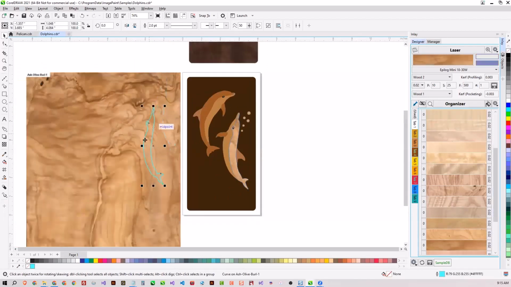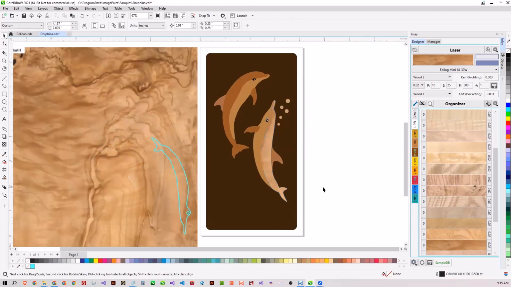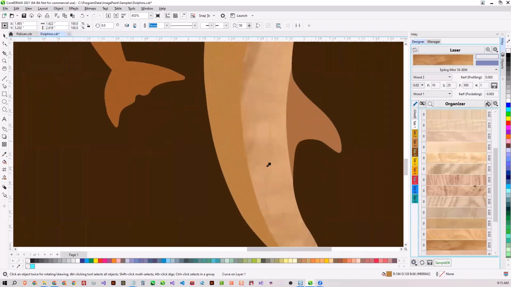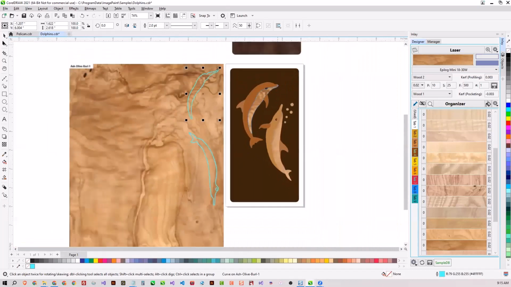Okay, so it's very simple. You either move and rotate to the location you would like that shape to be and look at the results on the design. You do the same thing here. There's a tool here that allows you to sample an image, and that will automatically create the clipper path.